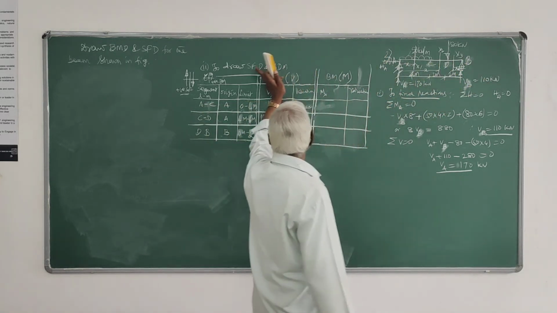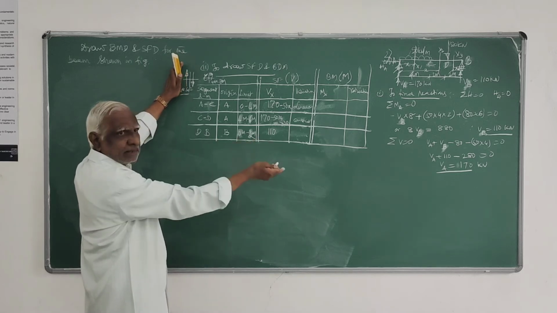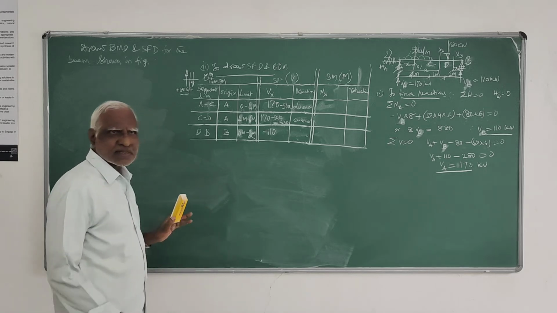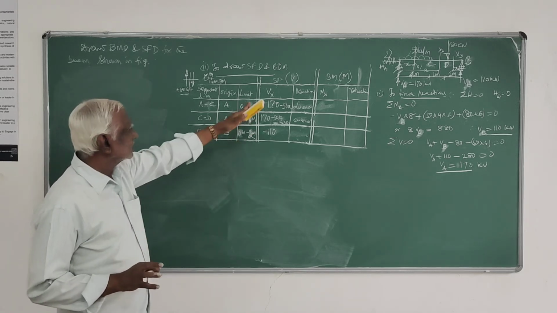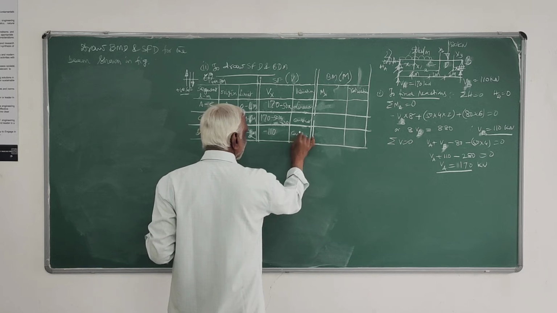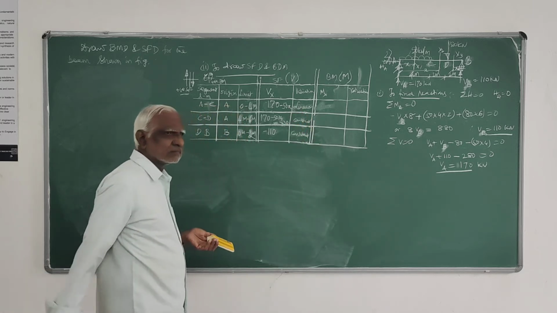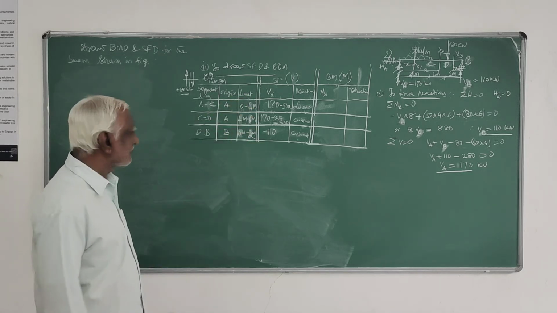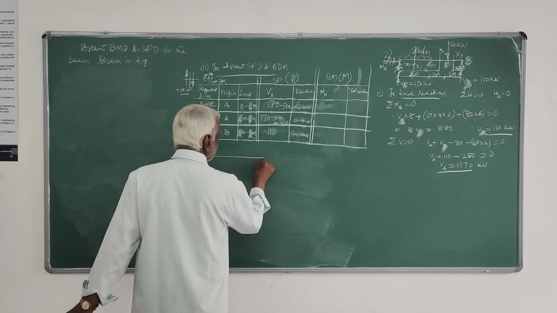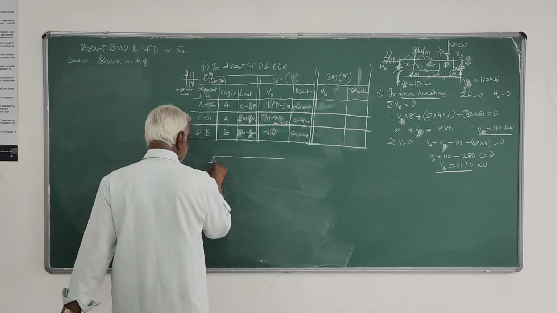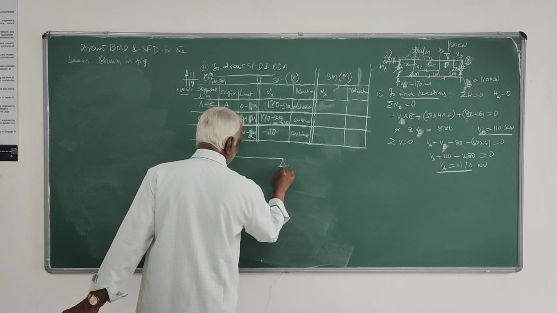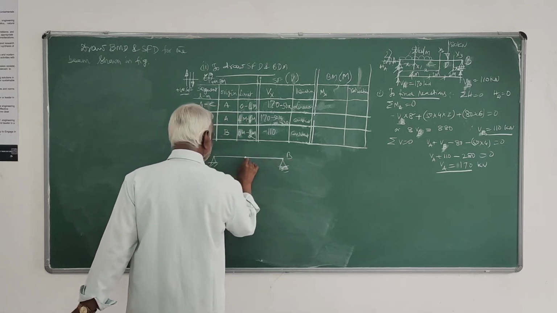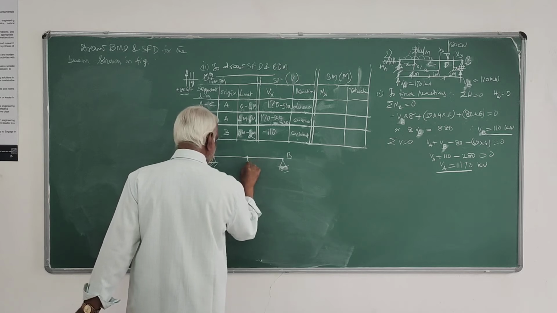So that is as per our design convention towards right, acting down is positive. Obviously, this has to be negative, minus. Carefully, the variation is again constant. So if you prepare all the shear forces, straight away I will plot the shear force diagram, and then I will plot the bending moment diagram. So A, B, this is C, D.